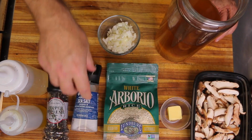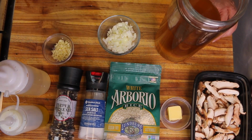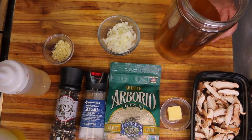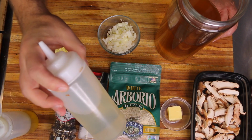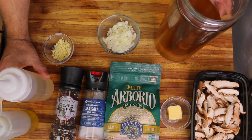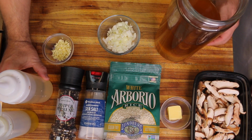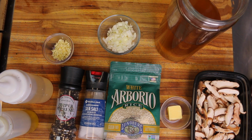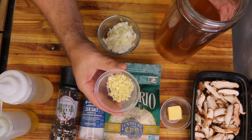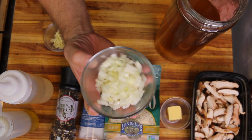What I got here: sea salt, fresh cracked pepper, olive oil, cooking wine. This is to give it a little bit of acidity. If you don't want to use white wine or cooking wine, you can certainly use lemon for it. It just gives it that hint of acidity to the recipe. Fresh minced garlic, 1 minced white onion,